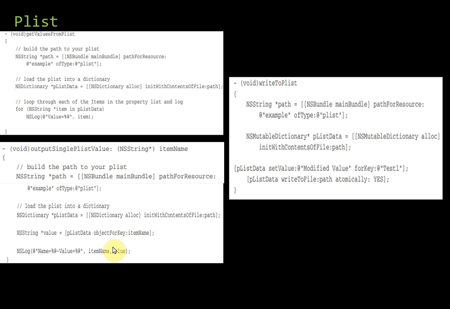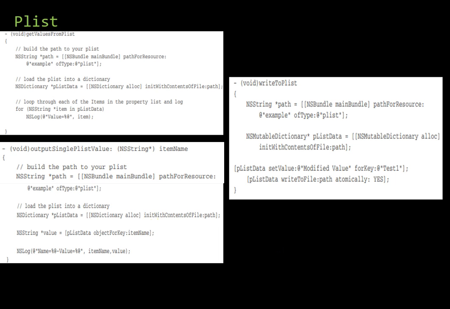So how we are going to do that, it is only these two lines. Above everything is the same, whatever you have written here. That is, the first part is you're going to get the path, right? Your plist will be stored in some directory, that path you're getting. Once you get that path, next you have to load it into the dictionary. That is the next statement. Now these two lines, what are we doing here? We want to get a single item of the plist.